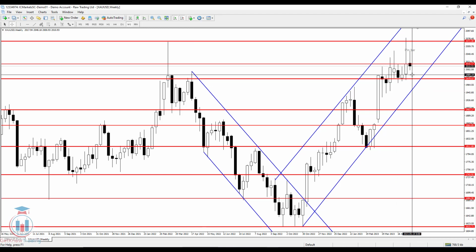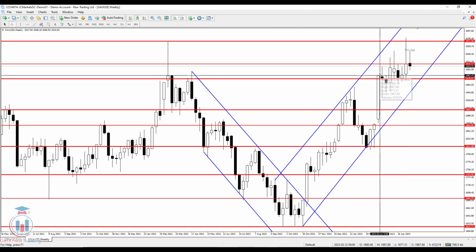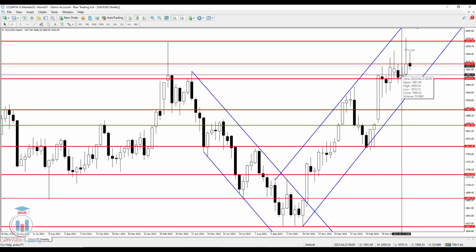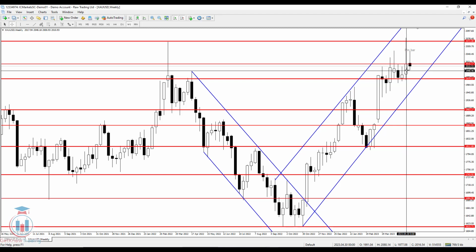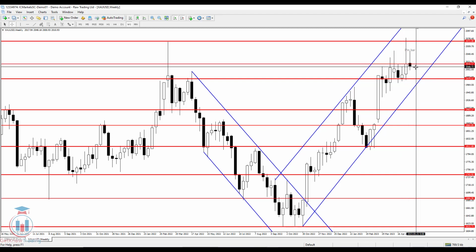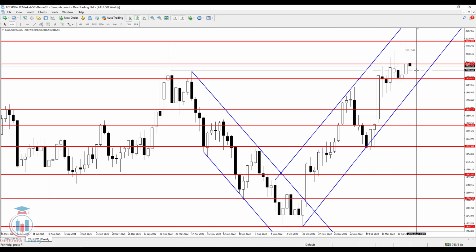And the next one after that is this one, the 1990 price level, which is very critical. We can see that for several weeks before that the price had problems around this area. It is a confluence of resistance and support. So for the next week, if the price goes down around this area here, which is also very critical, around 2000